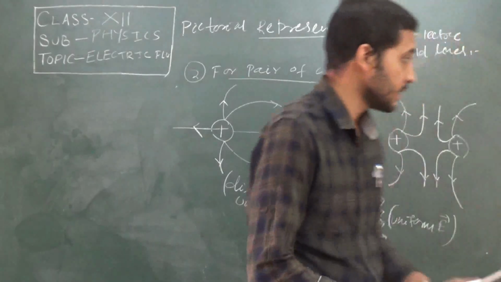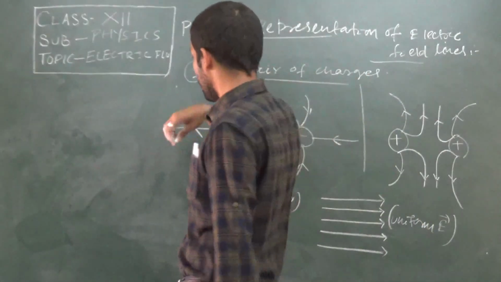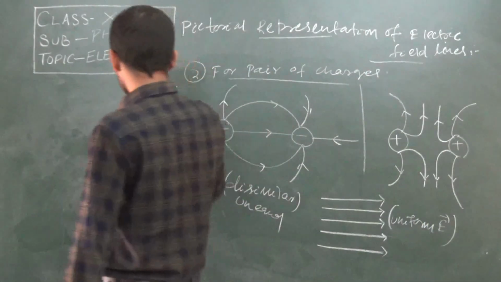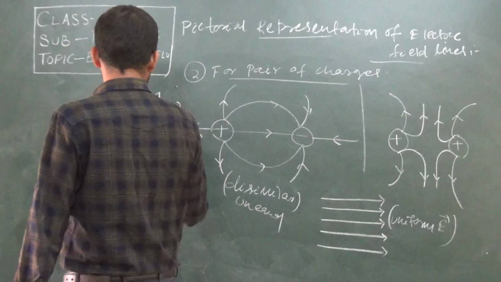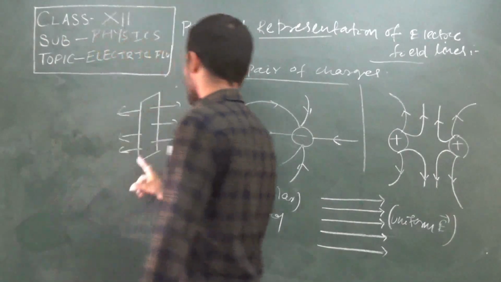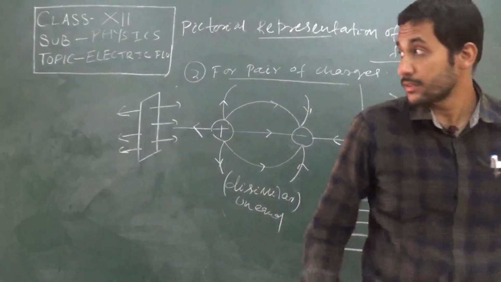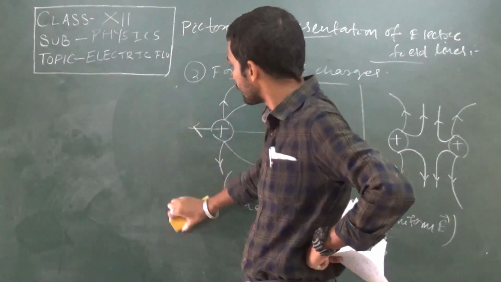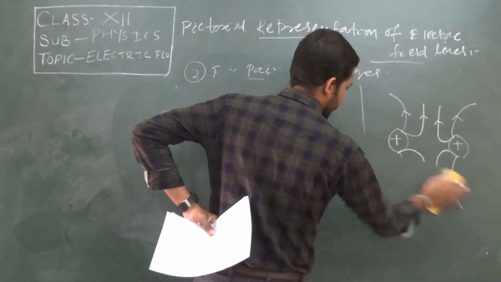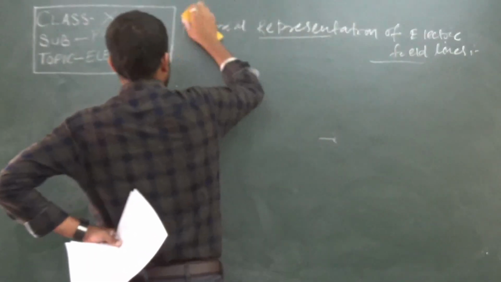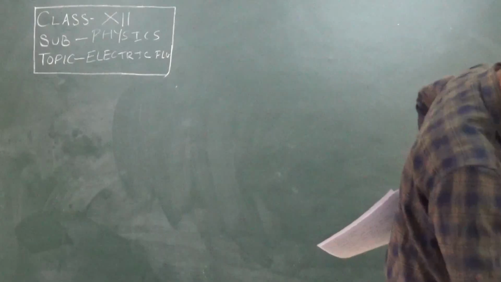And also there is a case that we already discussed in case of your line charge distribution. Sorry, in case of your surface distribution, if it will be like a plane, then always lines of force are coming out. So for a conductor, this can also be one diagram. Got this one? For a particular charged plate conductor. So these are the basic concepts of lines of force for your isolated and pair of charges, then the representation of uniform electric field, and also for the plane one. So this is the basic case of lines of force. So up to this, with this lines of force concept is going to